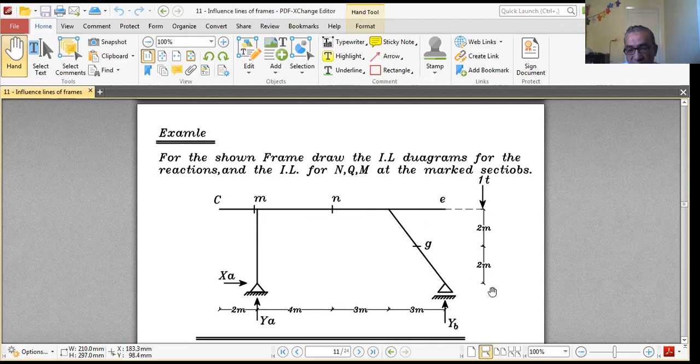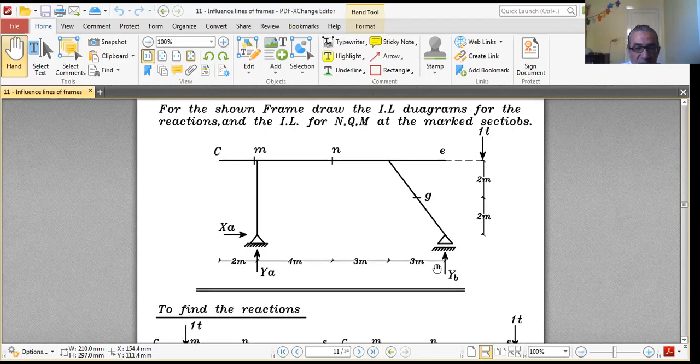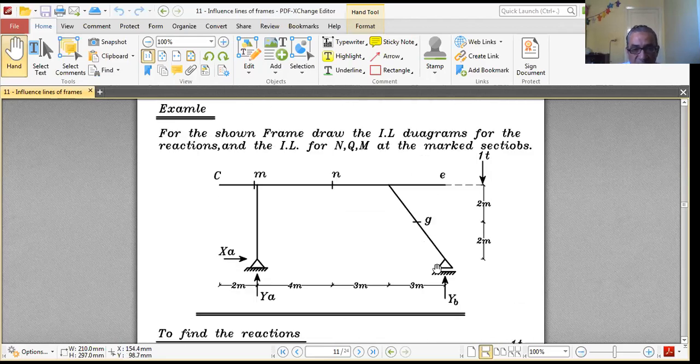The vertical column is 4. For this inclined one, it's 4 vertically, 3 horizontally, so it's 5 on the incline. Cosine theta equals 4 by 5, and sine theta equals 3 by 5. To find the influence line for reactions,